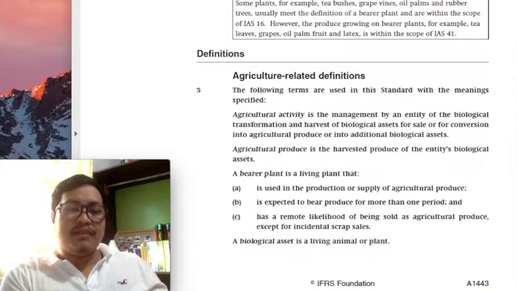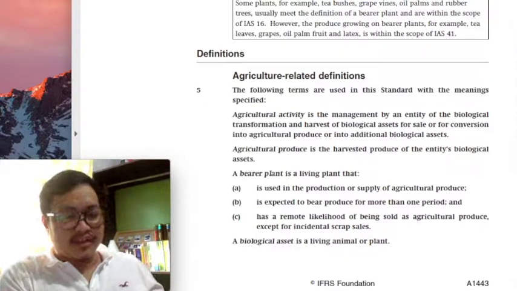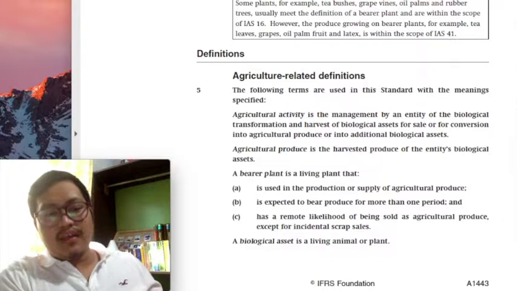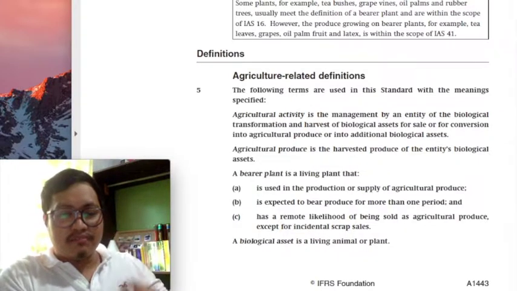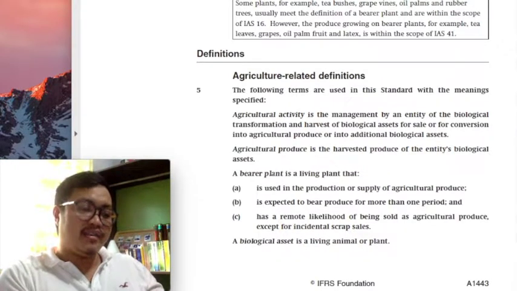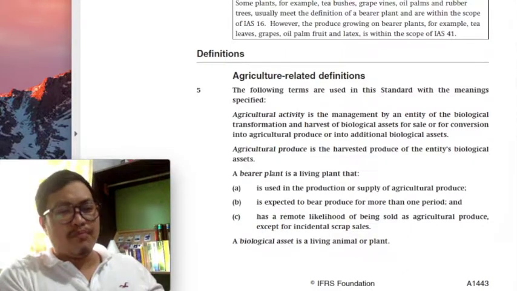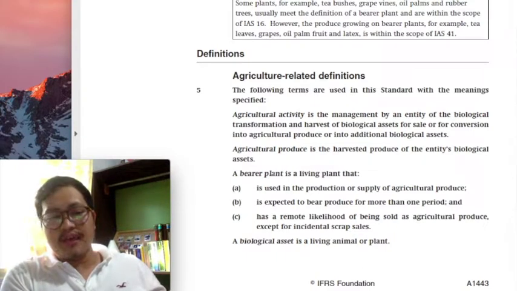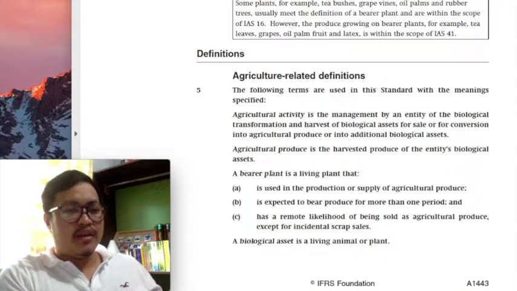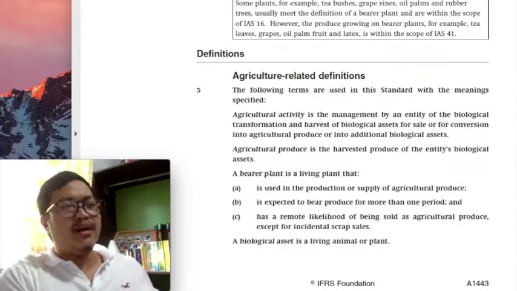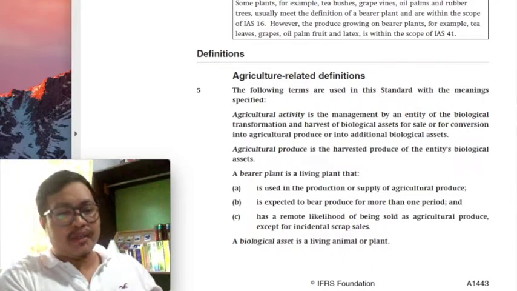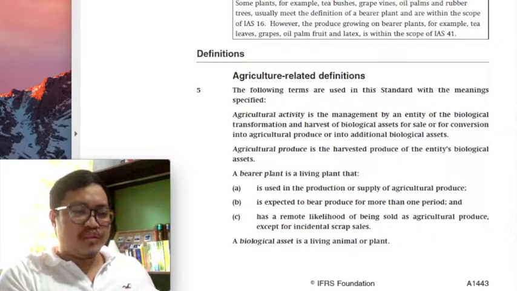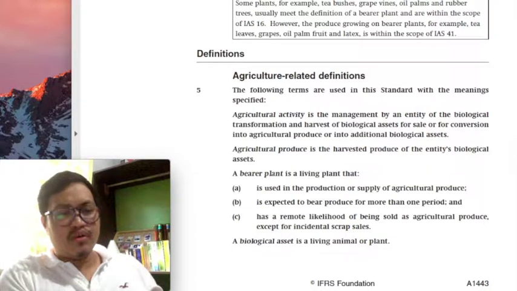The same possibility is also available for our animals, class. What do I mean? We have an animal, but it is not to be classified as a biological asset; instead it is going to be classified as property, plant, and equipment. And that would confuse a lot of students, class. How can an animal be classified as property, plant, and equipment? You go back to the purpose of property, plant, and equipment, class. These are long-lived assets, the purpose of which is to be used in production or in the supply of goods or services.